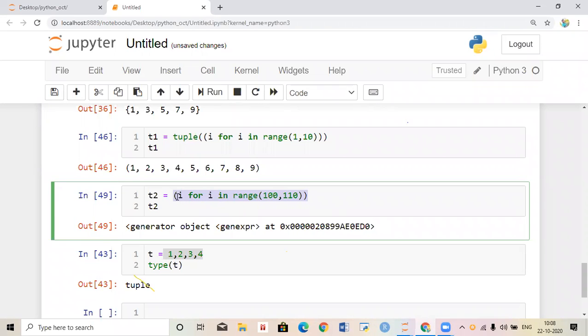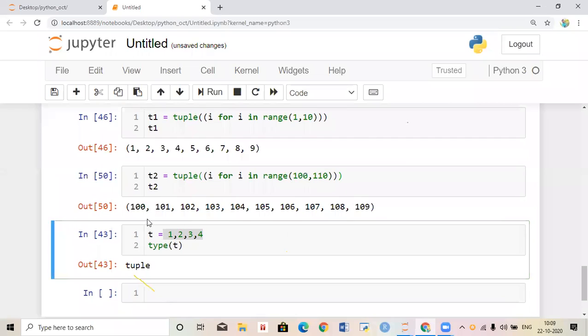To change the generator to a tuple, we give tuple of. Previously that was a generator. Now we give tuple, so it is changed to a tuple value. Just run this one and it will print in the form of a tuple.